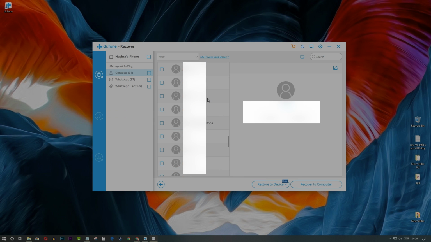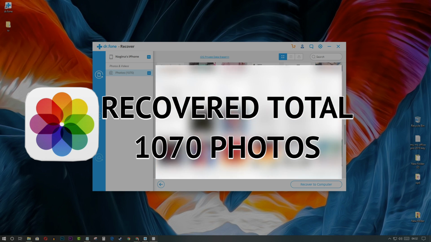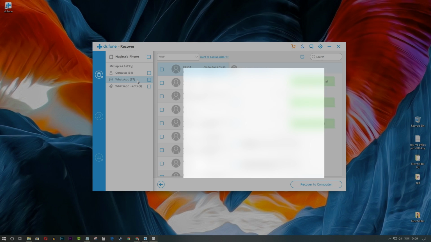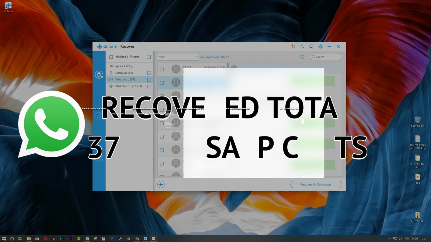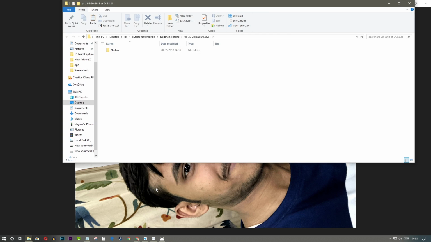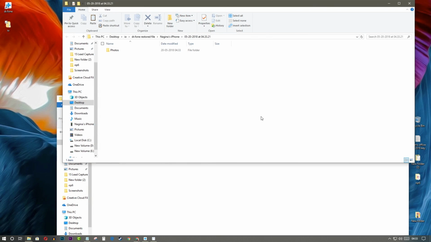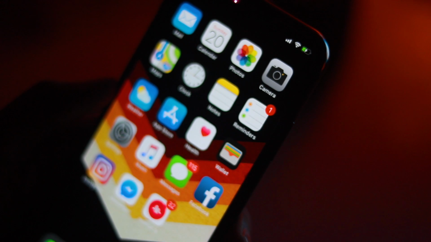Apart from scanning and restoring the data from iOS device, Dr. Phone gives a number of other facilities which include you can also restore your data from iTunes and iCloud backup file. Once this process is done, you will find all the recovered images in your computer, and that's all it takes to recover deleted photos or any other files from your iPhone